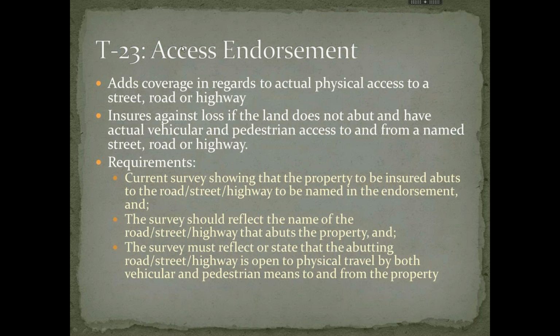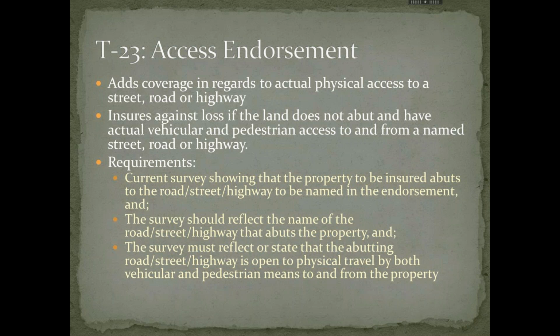Last one we're talking about today is the T23. That's the access endorsement. And this really adds coverage in the policy in regards to actual physical access to a street, road, or highway, right? It insures against loss if the land does not abut and have vehicular and pedestrian access to and from a named street, road, or highway. This is basically saying that we're insuring the buyer that they'll have access, both vehicular and pedestrian, to a roadway,